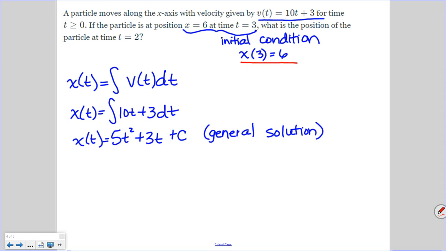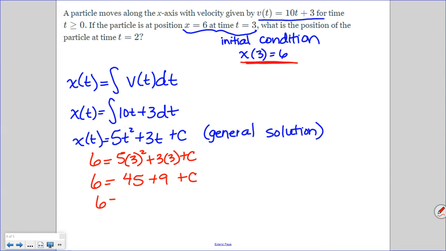To get the specific solution, I'm going to substitute 3 in for all the t's and set it equal to 6. So 6 is going to be 5 times 3 squared, which is 5 times 9, 45, plus 9, plus the constant. 6 is going to be 45 plus 9, 54, plus c. So if I subtract 54 on both sides, I'll get negative 48